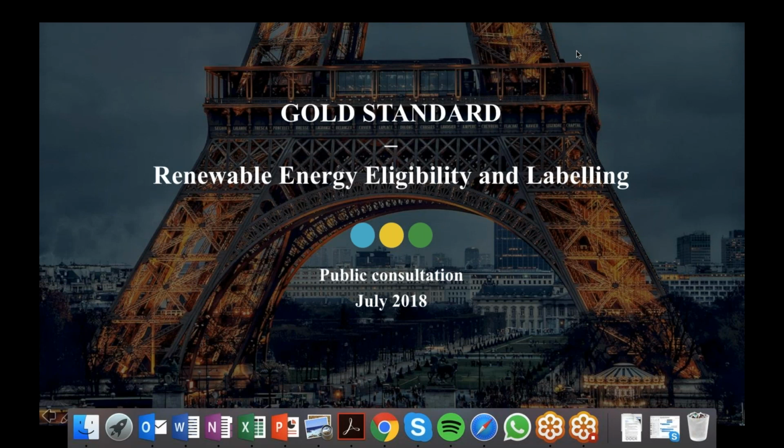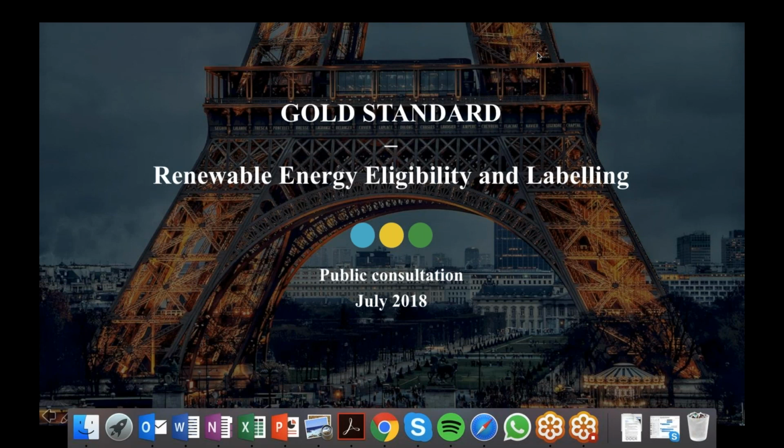I'm Owen Hewlett. I'm the Chief Technical Officer here at Gold Standard. My role is to lead on all new standards developments, new standards and updates, new tool development and certification of projects. I'm joined by colleagues Richard Eiliff from my team, who has led on the development of our new renewable energy labelling scheme, and Bernardo Lazo, who's our Director for Partnerships and Business Development, who's helping to roll that out as well. And you'll hear from those guys later in the presentation.